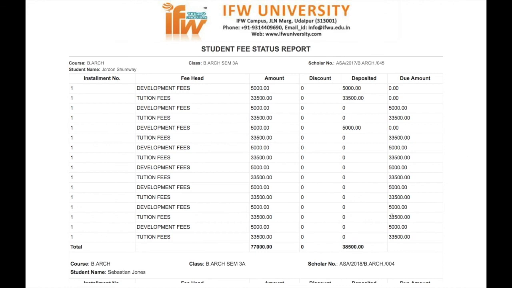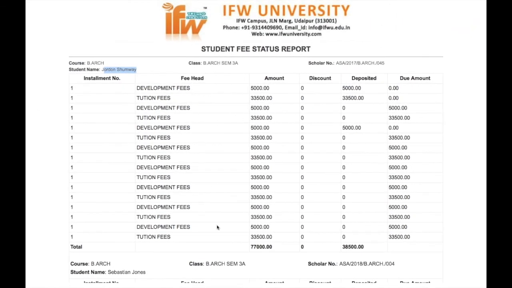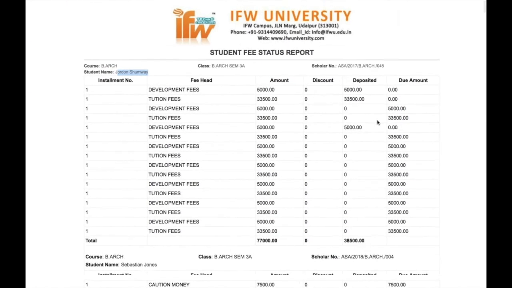So this is how a status report has been generated. This report has been generated per student. The student name has been shown at the top. Then the fee heads which are applicable to the student, the amount which was applicable, the discount, if any, given to the student, the amount that is deposited by the student, and the due amount.